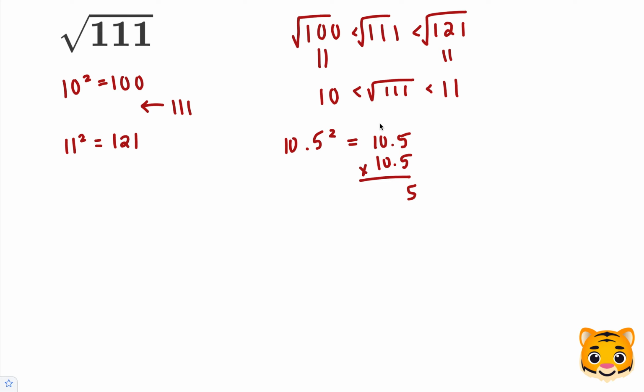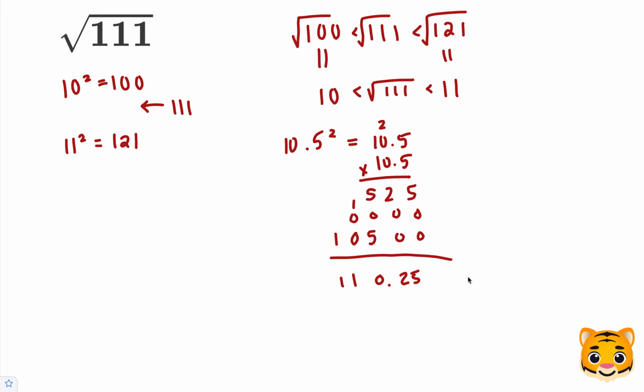5 times 5 is 25, carry the 2. 0 times 5 is 0, plus 2 is 2, and then 1 times 5 is 5. Add zeros in for the next row since we're multiplying by 0, and then the last row needs 2 zeros, and then we'll multiply our 1. 1 times 5 is 5, 1 times 0 is 0, and then 1 times 1 is 1. Adding these values together gives us